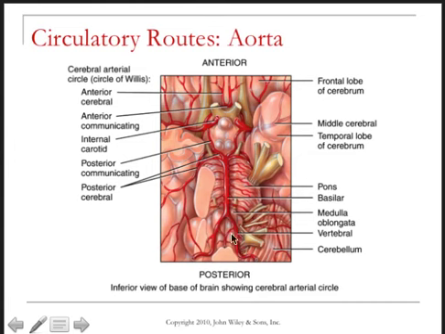Okay, and this whole structure here is called the circle of Willis, the arterial circle. The circle of Willis has several components to it. It's got the anterior cerebral and anterior communicating arteries right there. There's the anterior communicating. You've got the internal carotids feeding into here. This is the posterior communicating. And then you've got the basilar artery feeding into here. Basilar artery runs up here and joins now the posterior cerebral. And this whole thing is